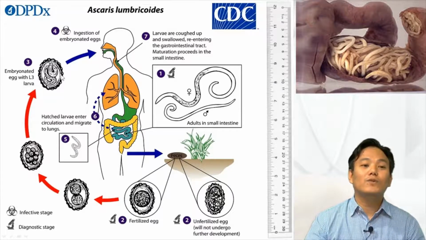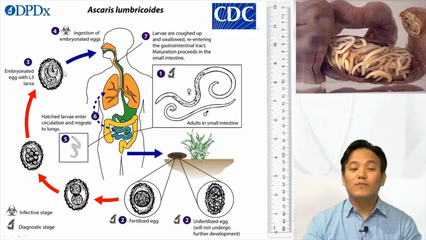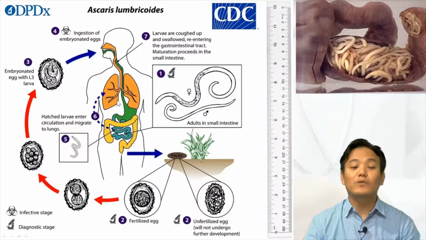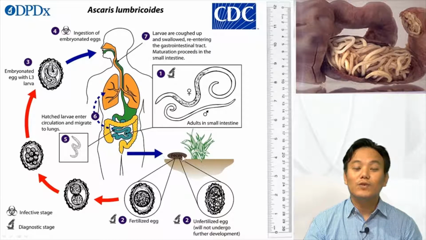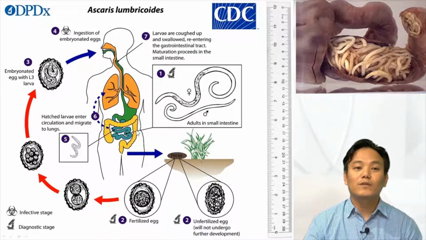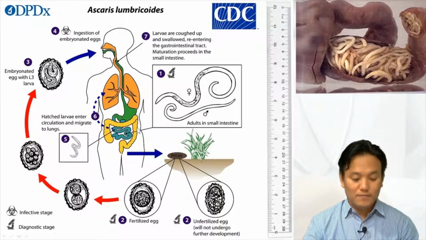Okay, so you can check about that information in other websites. So that is about the life cycle of Ascaris lumbricoides and how it spreads from people to people. So this is also the fecal oral route. This particular pathogen also spreads through the fecal oral route, since it spreads through contaminated food and water. Okay, so that is ascariasis.